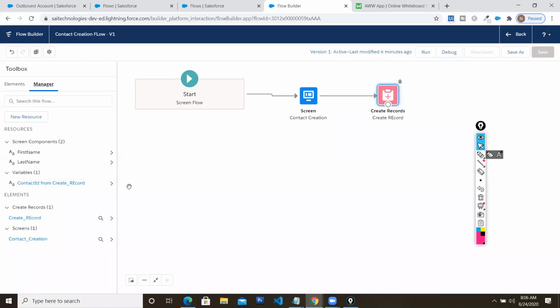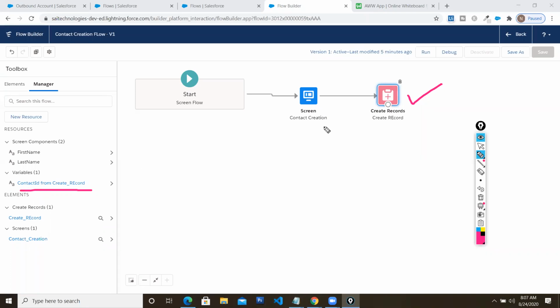Under the variable section, we haven't created any variable in this flow, but Flow Builder automatically created a resource, a variable: contact ID from create record. When you place the create record element, Flow Builder automatically creates a resource, and after creating the record, your newly created record ID is available for you. That's the meaning of this.